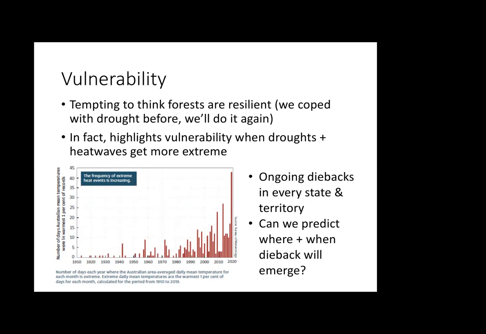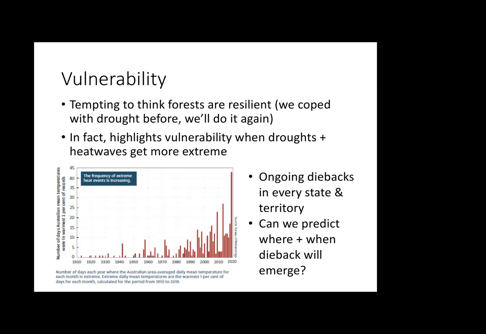But to my way of thinking, this actually really highlights the vulnerability that we're at, that we've already got ecosystems which are under stress. And when the droughts and heat waves get more extreme, then that stress will become more extreme. And we do have a real question of whether they will be able to keep bouncing back in the same way. And certainly we are seeing,